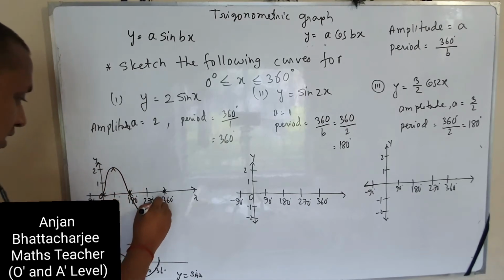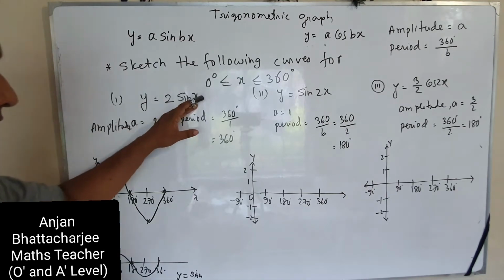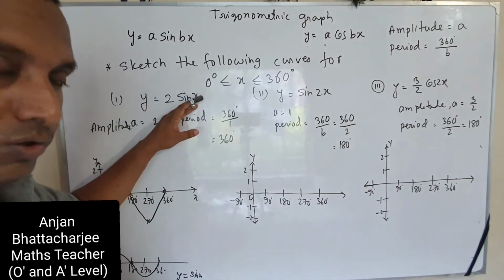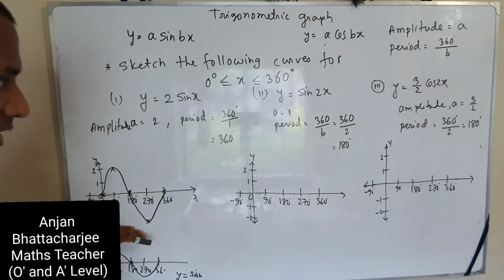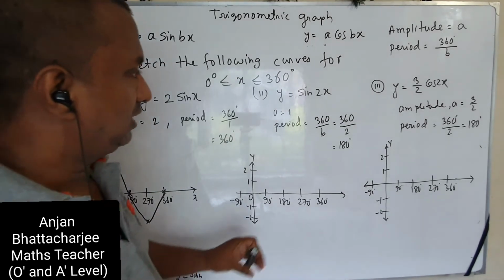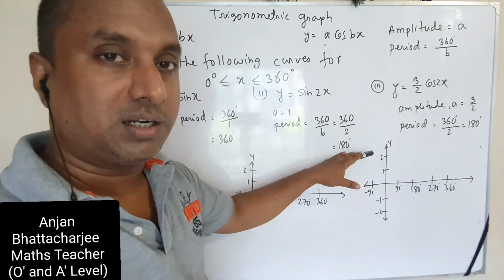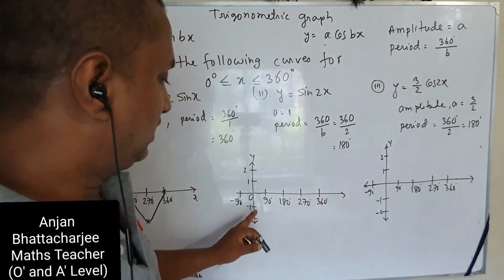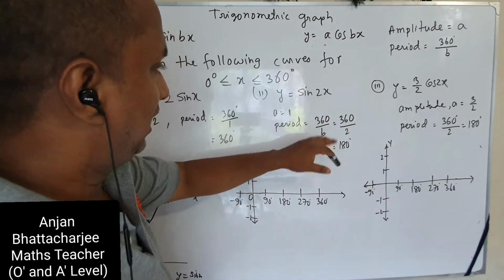Okay, so sketch the curve. This is the graph of y equals 2 sin x. See, it goes maximum 2 and minimum -2, same as this sine curve, but see, it repeats after each 180. Now see, if I put here 90,